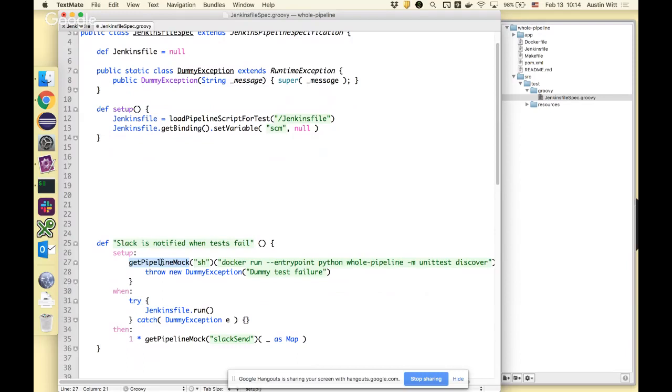It is getting the mock object that was automatically created for us, which is why we need a method to do it, since we don't have to define it explicitly in our unit test. It's just there for every pipeline step that exists. Because the Jenkins pipeline script is a script, you can get the binding of it and set variables on it as well. You would need to do this for environment variables like SCM or env, things that Jenkins injects into your pipeline scripts